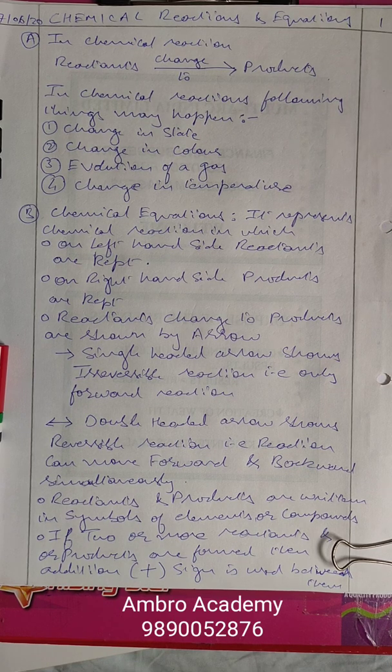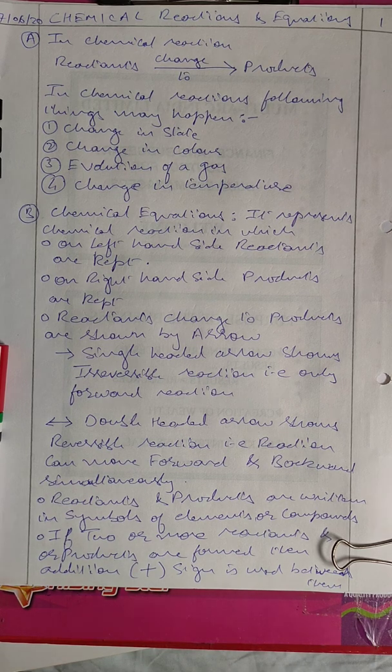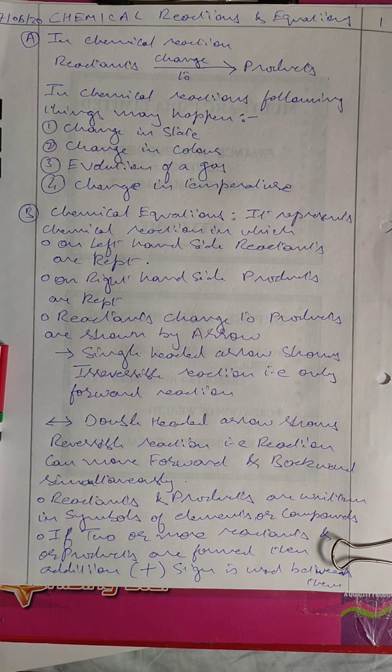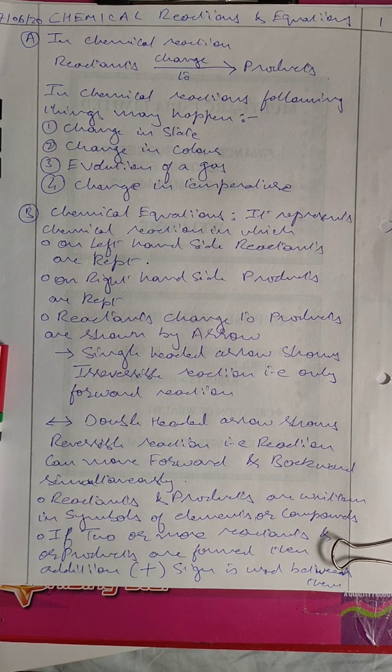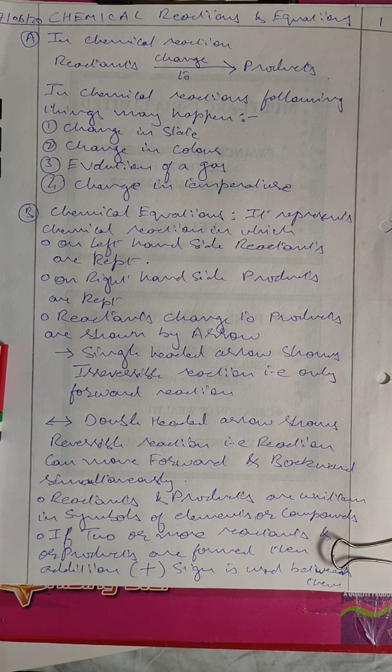Again, how to write the chemical reaction, what are the symbols of different elements or compounds which we are going to use, how we are going to make the formula or formulae of a particular compound. Like, if we talk about water, it is H2O. Why is it written 2 hydrogen and 1 oxygen? But when we talk about carbon dioxide, it is CO2, 1 carbon and 2 oxygen. Even carbon monoxide is CO. What do you mean by C? What do you mean by O? What do you mean by H?